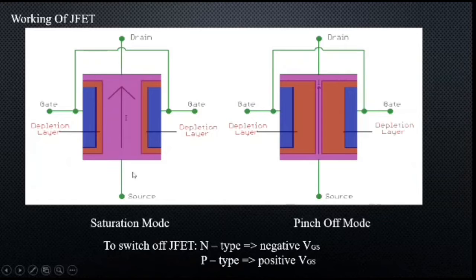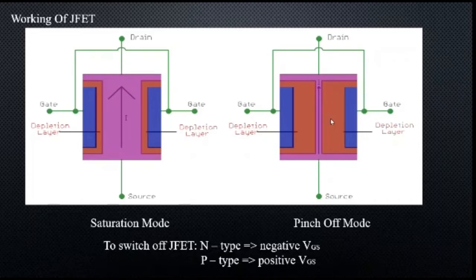Working of a JFET. When there is no voltage across the gate and source, the channel becomes a smooth path which is wide open for electrons to flow. But the reverse happens when a voltage is applied between the gate and source in reverse polarity. That makes the PN junction reverse biased and makes the channel narrower by increasing the depletion layer width, and could put the JFET in cutoff or pinch-off region.